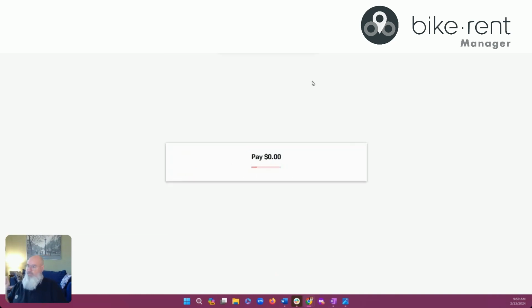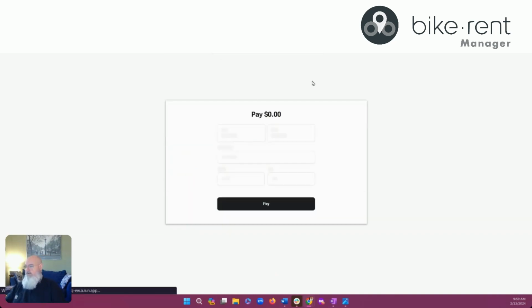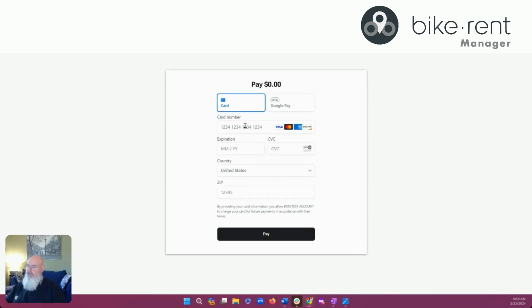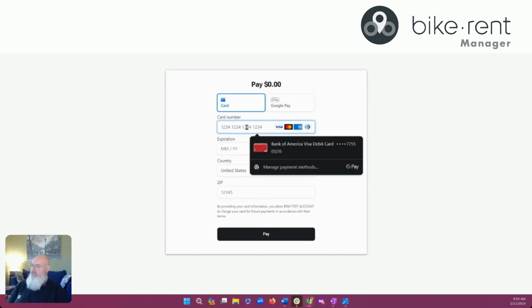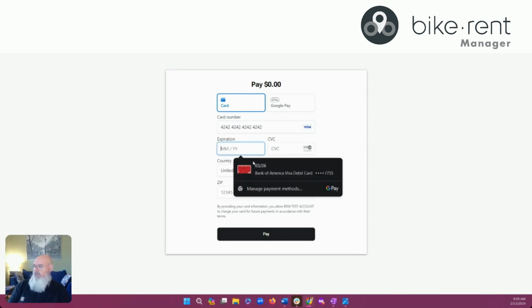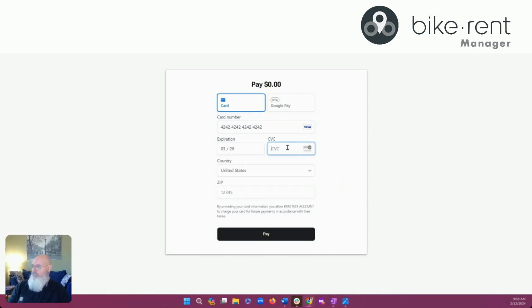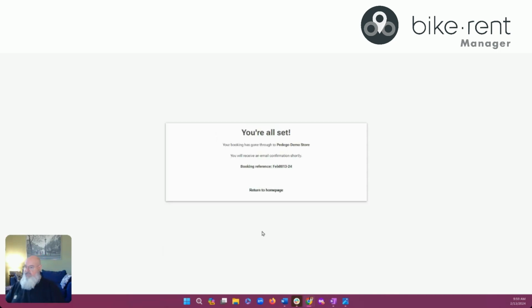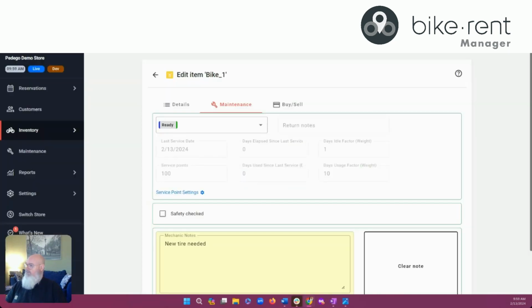So this is where we partner with Stripe for online payments. And I'm going to use a test credit card number here, which you'll get as well during your free trial if you go ahead and set up a Stripe account. Makes it really easy for you to test bookings coming through from online to see what they look like when they flow into the back office there. And then there we go. Go ahead and pay. As soon as we do that, that screen's going to change there. You get an email, the customer gets an email, and of course that reservation is going to show up here